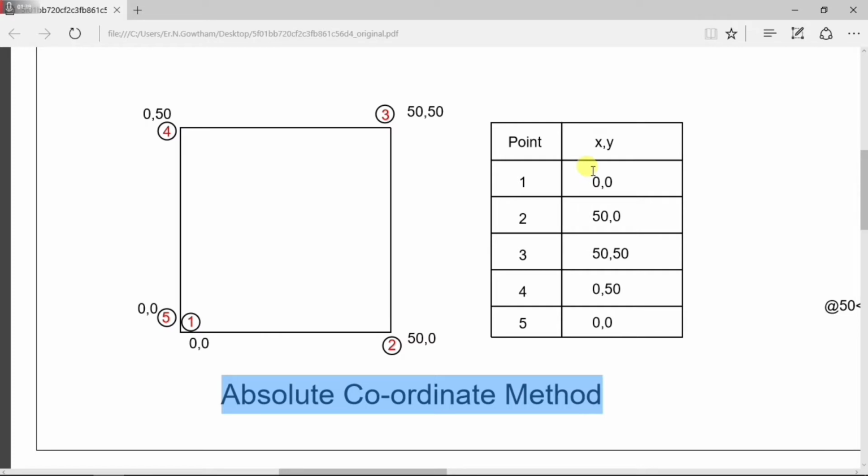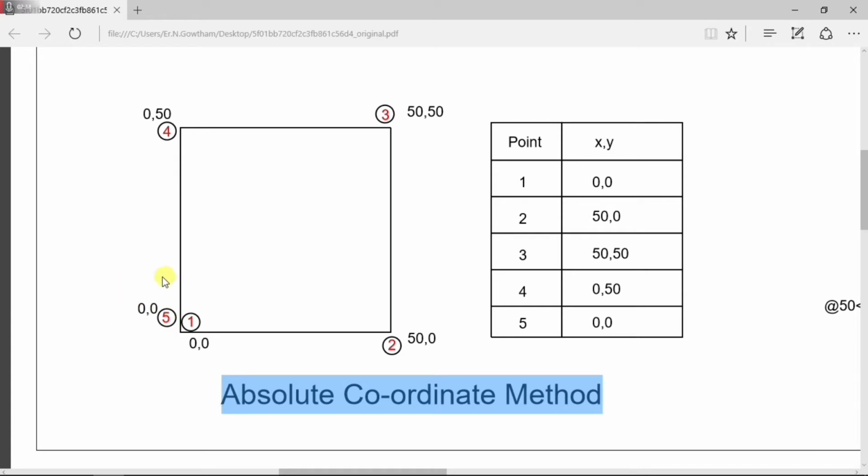Let's consider the syntax format x, y for this system. That is, the first value represents the x and the second value represents the y value from the coordinates. Here the first point coordinate is 0, 0 and the second point coordinate is 50, 0. See here, the first value of this coordinate is 50, which represents the distance from the first point. Like in the third point, the x value and y value are 50, so the coordinate should be 50, 50. Then the position of the fourth point from the origin: x value is 0 and y value is 50, because the y value's height is at 50. And finally the fifth point is 0, 0.